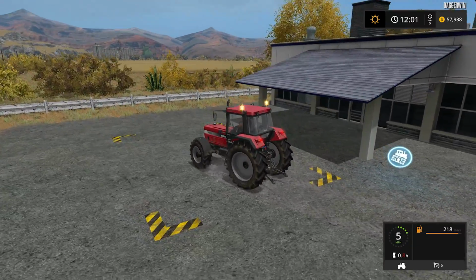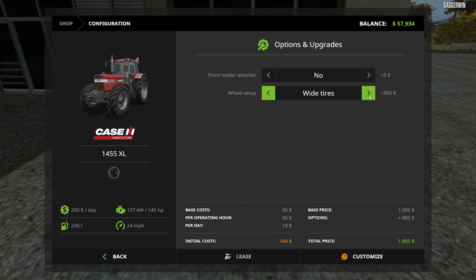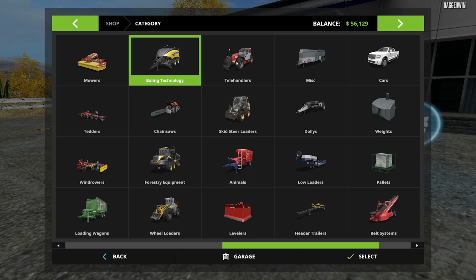The workshop consists of just a lean-to. Oh well, I'm sure somebody will have some spanners. Let's buy... no, let's not waste money there. Let's buy the front loader attacher. $1,000 just due to maintenance fees, just due to worker fees. Can't believe it. That is extreme. £1,000 for a minute's work. Probably be a morning's work. Anyway,